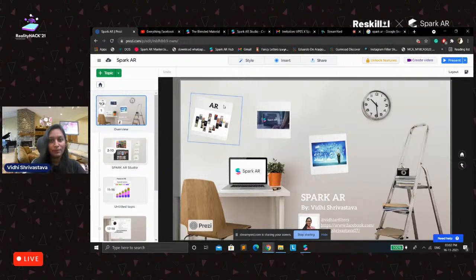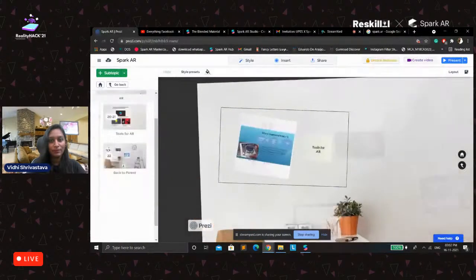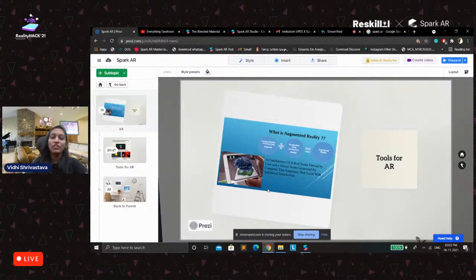Let me start. First of all, let us discuss what exactly AR is. Basically, AR is the combination of the real scene viewed by the user and the virtual scene generated by the computer that augments the scene with additional info. What we are doing is, in the digital world, we are embedding non-existing things into the real world. For example, suppose I'm sitting at home and I want effects like snow falling, or some colorful light pattern to appear. All these things come under augmented reality.